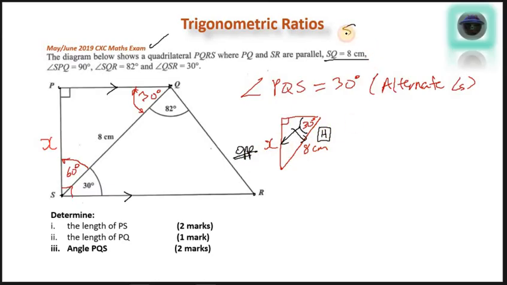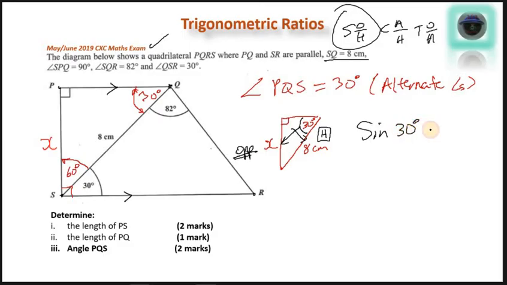So which ratio do we use? Remember, SOH CAH TOA. Which one do we use? We have the opposite and hypotenuse. Of course, sine. So sine of the acute angle, which is 30 degrees, is equal to the opposite, which is x, over the hypotenuse, which is 8 centimeters. And so we can cross multiply, since we have an equal sign between two fractions, 1 times x and 8 times sine 30. So this will give us 1 times x is x, equal to 8 times sine 30